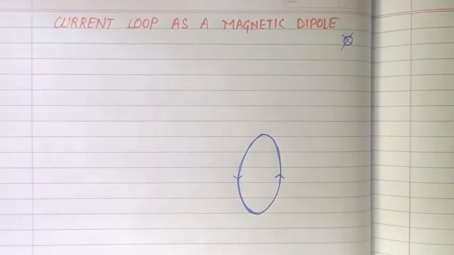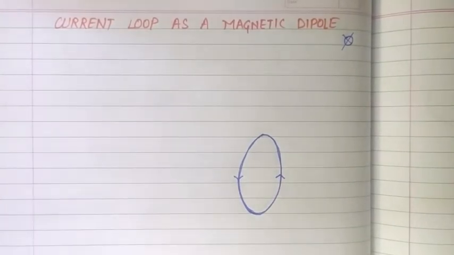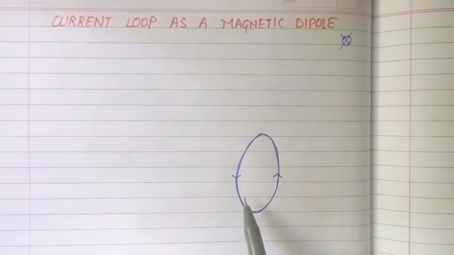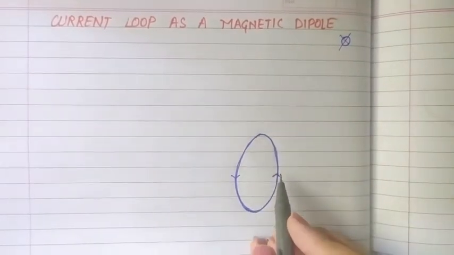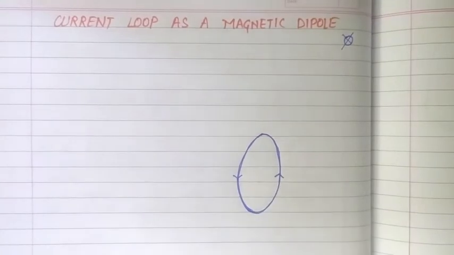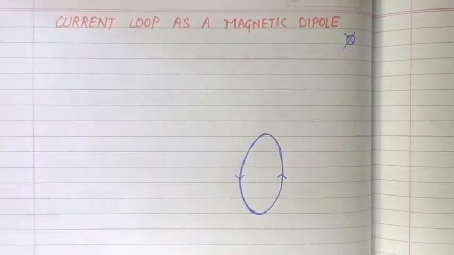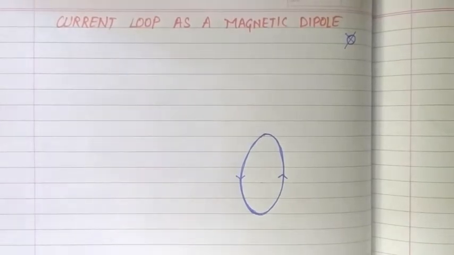Now first of all, we want to know, actually Ørsted already told that if there is a current carrying conductor, then it is capable of producing some magnetic field in its nearby region. So a current carrying loop in itself is a current carrying conductor, and if current is flowing through it, then it is capable of producing magnetic field around it. And if there is magnetic field, there must be some magnetic field lines. And to plot these magnetic field lines, we must know the direction of polarity, means which side there is the north pole and which is the south pole.